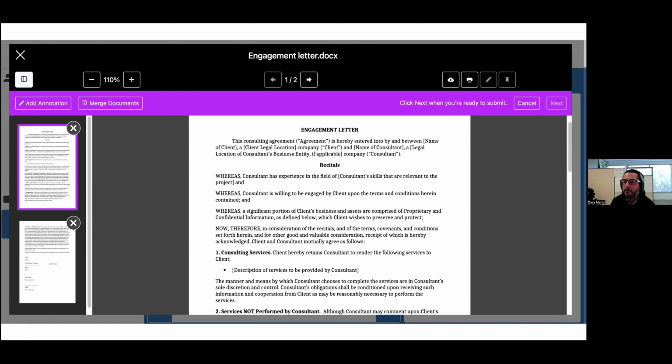You also can delete pages here just by clicking each of these X's, get rid of them if you don't want them. Sometimes you'll find PDFs that have blank pages for no reason, and you can easily get rid of them by clicking the X. And then on this screen also, you have the ability to download a document or print a document, or even to request signatures on the document if you were to click this little flag.